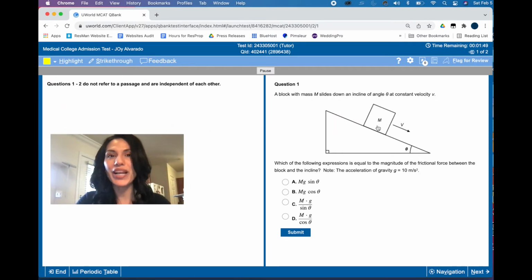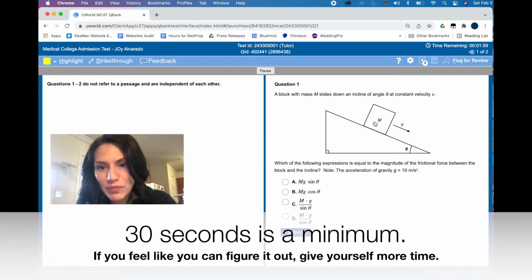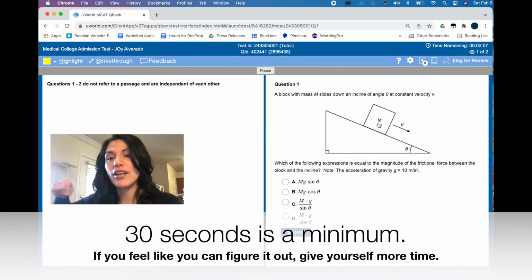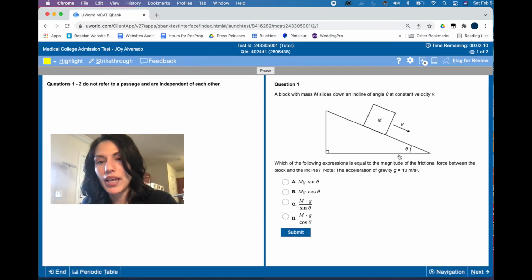Okay, but you know what? I was on a roll, and that's the thing. I was able to think about the question, and I feel like I can get it if I give myself some more time. So I'm going to give myself some more time here. So 30 seconds is at least, right? So I can reason a little more. So, right, if I find the force of gravity going straight down that vector, F equals ma, then I can use the angle to figure out what the force is going down the ramp, right? Once I figure out the force going down the ramp,